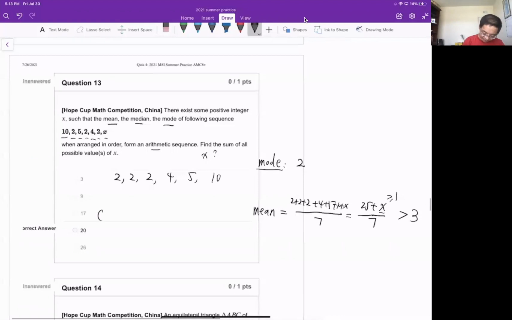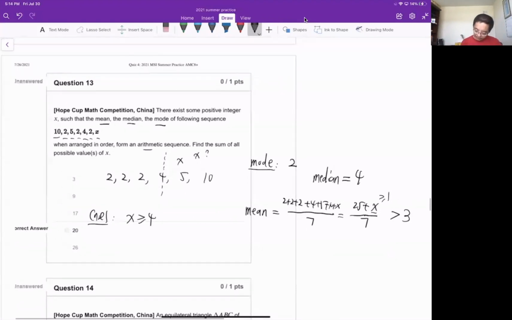Now we should find out where to put x. Let's look at 2 cases. Case 1, x is no less than 4. That means x is on this side. If I put a 4 here, x is either 4 or greater than 4. If that's the case, we know the median is equal to 4. If x is on the right hand side of 4, then the median is 4, and we know they have to form